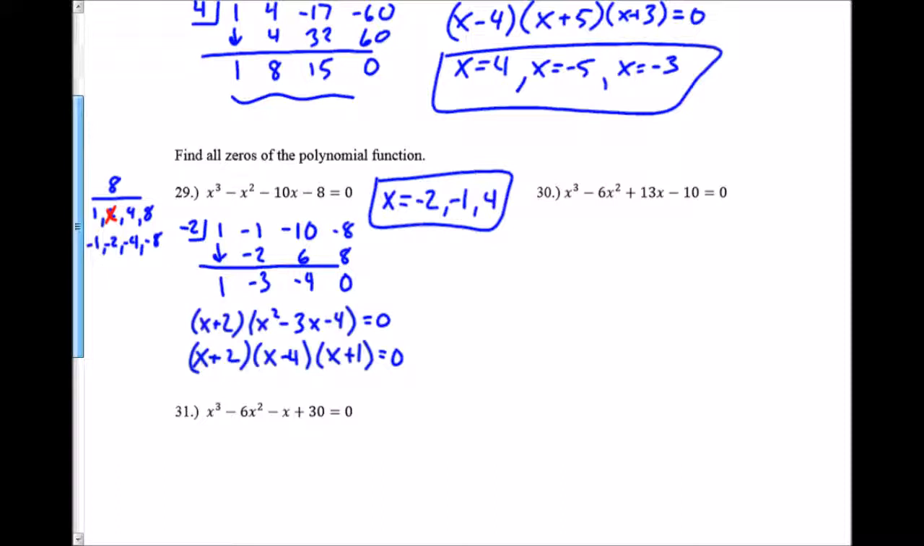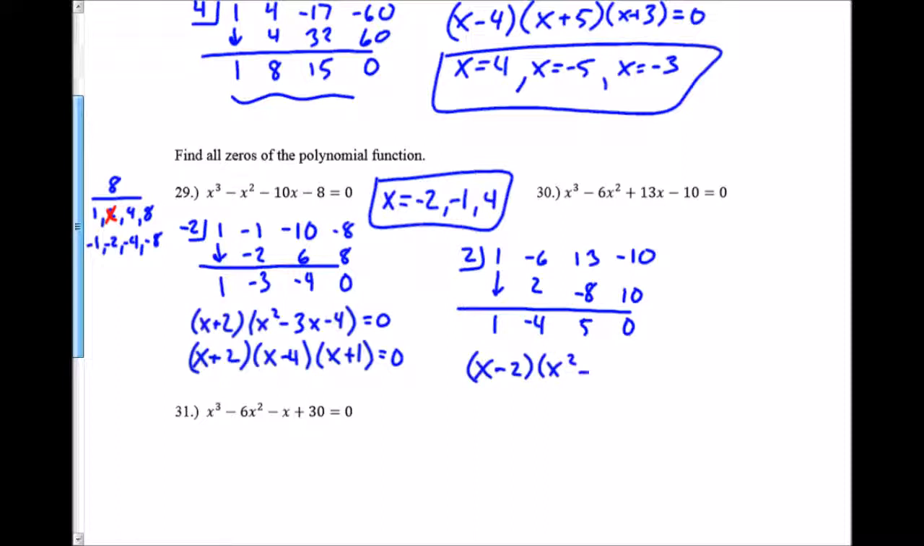So I might try something like a 2. Which happens to work, which means my factors are going to be an x minus 2, then an x squared minus 4x plus 5, which that's not going to factor any further. So that means that x equals 2 is one of my solutions, but now this, I've got to set this